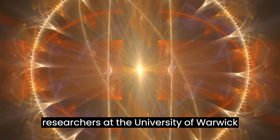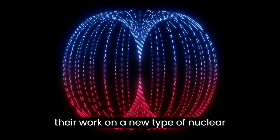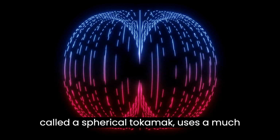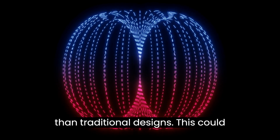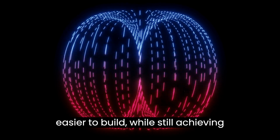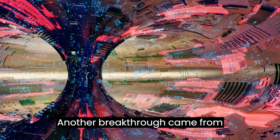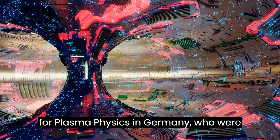In addition, researchers at the University of Warwick in the UK announced a breakthrough in their work on a new type of nuclear fusion reactor. Their design, called a spherical tokamak, uses a much smaller and more compact tokamak device than traditional designs. This could make fusion reactors much cheaper and easier to build, while still achieving the high temperatures and pressures needed for fusion to occur. Another breakthrough came from researchers at the Max Planck Institute for Plasma Physics in Germany, who